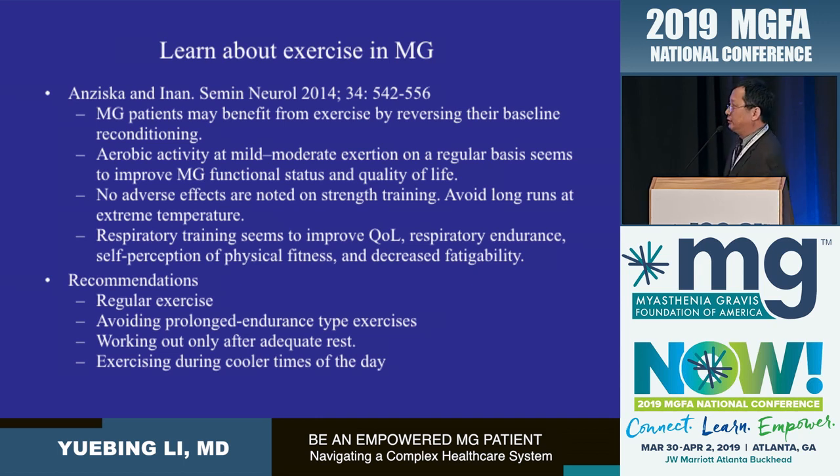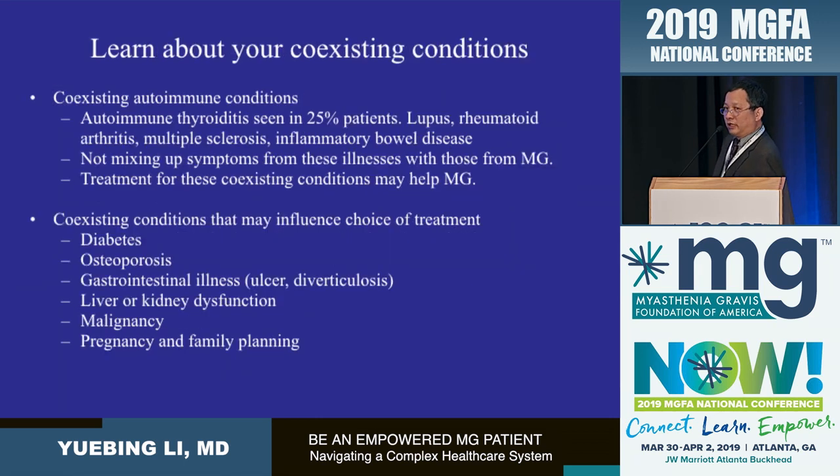Coexisting conditions. There are two kinds. One is coexisting autoimmune conditions. That is autoimmune thyroiditis, a thyroid problem, typically seen in 1 in every 4 patients we see with myasthenia gravis. But there are other diseases like rheumatoid arthritis, lupus, multiple sclerosis, irritable bowel syndrome. I have seen quite a few patients with lupus and rheumatoid arthritis. When they taper the medication, the MG shows up. Typically, I go back to the medication that controls their lupus, and that usually does the trick. Okay,